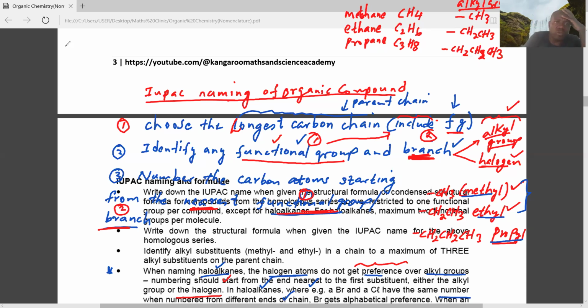So when you are naming halo-alkanes, you must know that you do not give halogens preference over alkyl groups. So it means you give alkyl group